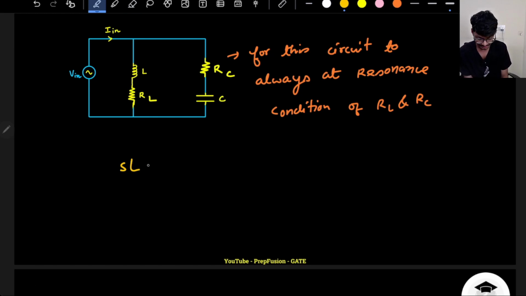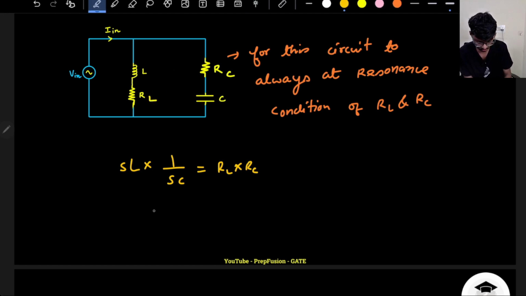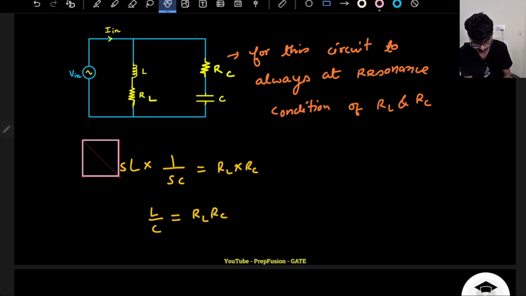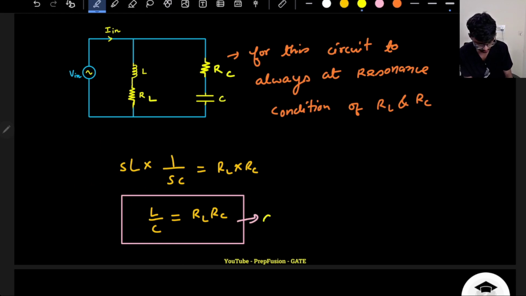and I don't have the proof currently of why it works. I have to figure it out. But if you go by the balance bridge condition, basically it will be RL into RC, balance bridge, right? So opposite impedances are multiplied. So basically L by C is equal to RL into RC. So this is the condition that needs to be satisfied if you want your circuit to always